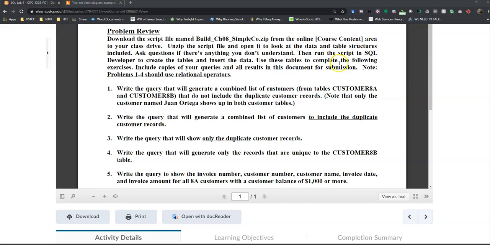So notice it says does not include duplicate. Write a query that will generate combined list of customers and not include the duplicate customer record. So what that means is it shouldn't show up in there twice. And then this one will include the duplicates. So what it's saying is that